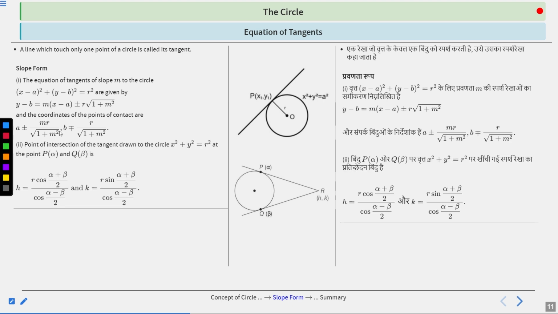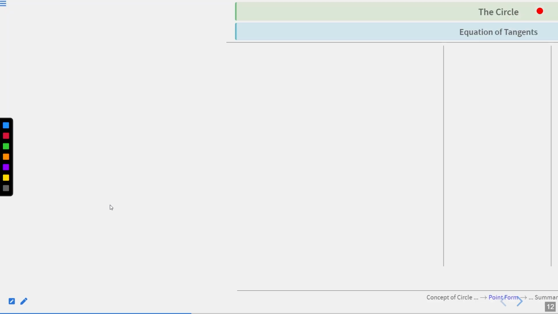The point of intersection of tangents drawn to the circle x square plus y square equal to r square at points P(alpha) and Q(beta) would be the point of intersection of tangents, right? Which is (h, k), suppose, and the coordinates are: h is r cos((alpha plus beta)/2) upon cos((alpha minus beta)/2), and k is r sin((alpha plus beta)/2) upon cos((alpha minus beta)/2), right? Now,